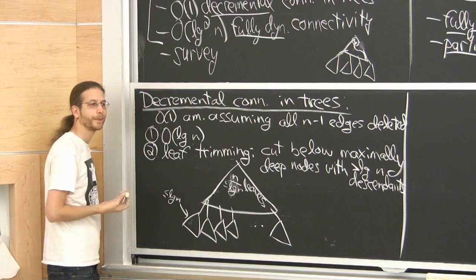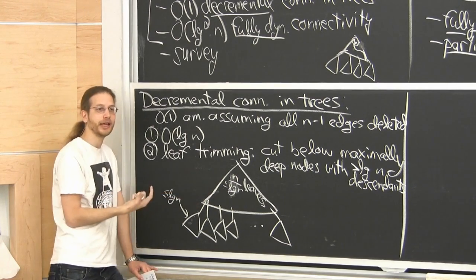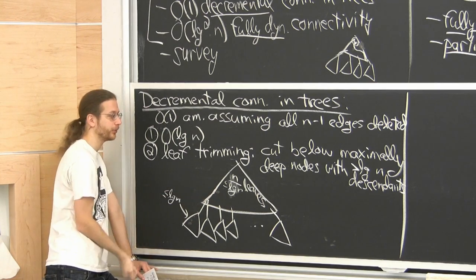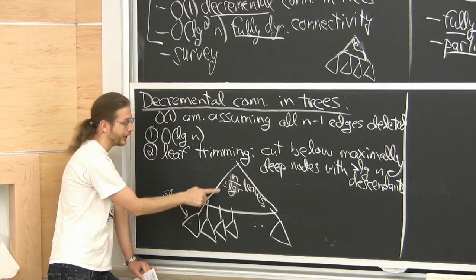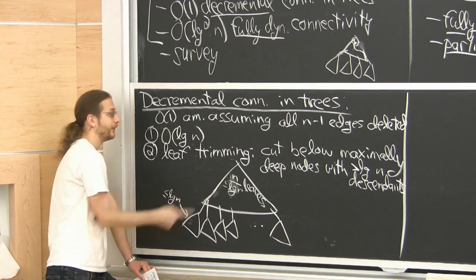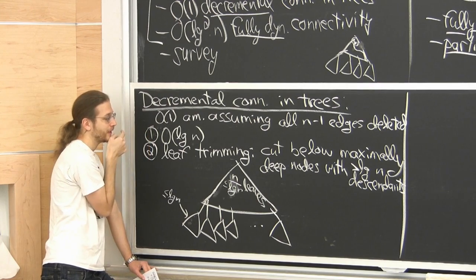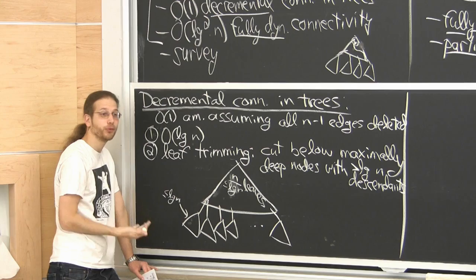That's the easy part. So if we treat each long path as a single edge, basically we look at the compressed top tree in the sense of compressed tries, but it's now a tree instead of a trie. We look at the compressed tree up here. That will have size n over log n. And then we can afford to use structure 1. Why? Because in some sense, there will only be n over log n operations performed.